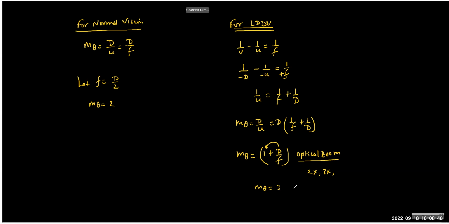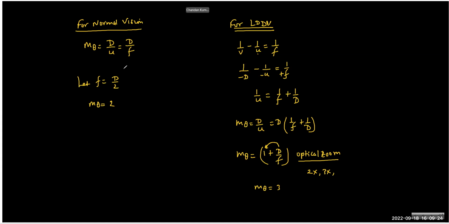Now the digital zoom is generally used for forensic purposes. Let's say I want to investigate some crime, and in the CCTV camera I can see some image which is not clear. So generally we increase the pixel size, try to zoom it and try to identify the criminals. Anyway,